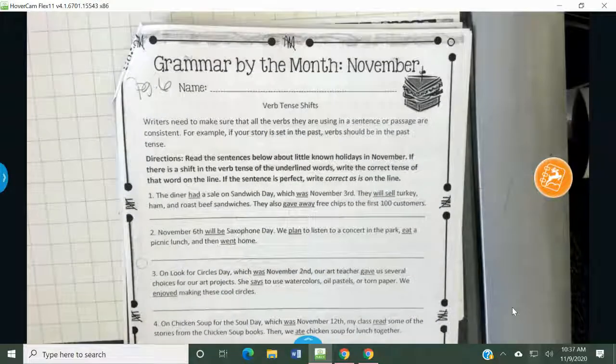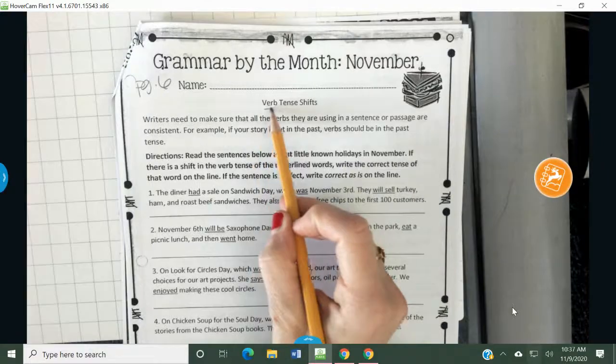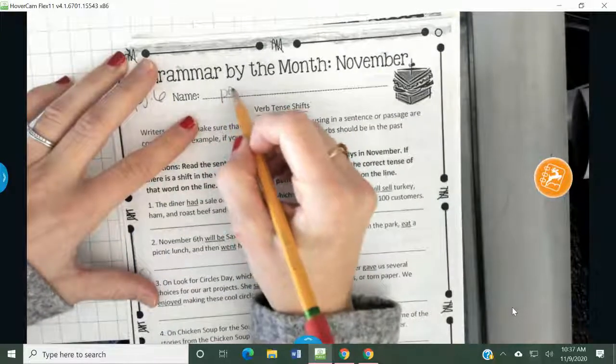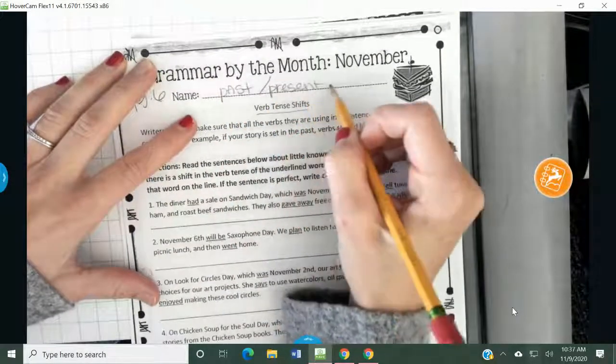Guys, we're in our November grammar packet. We are on page 6. We are working with verb tense shifts. So remember, when we talk about verb tense, we're talking about verbs that are either in the past, present, or